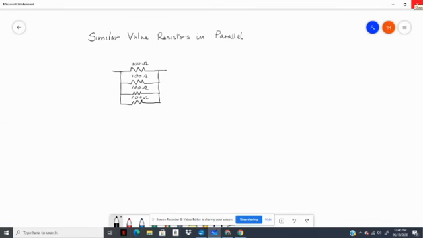Consider four 100 ohm resistors connected in parallel. We wish to find out what is the total resistance of these four 100 ohm resistors that are connected in parallel. Now, we can use the formula